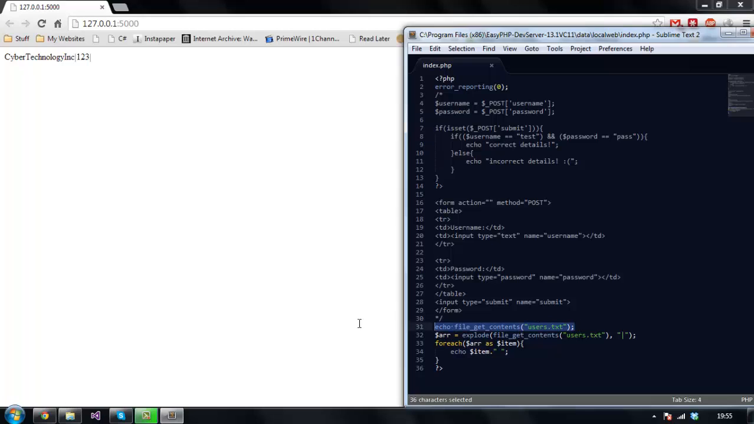Yeah, so it does exist, but I probably got the thing the wrong way around. So it's the delimiter, then the actual file contents. It didn't have to be a file contents. It could just be